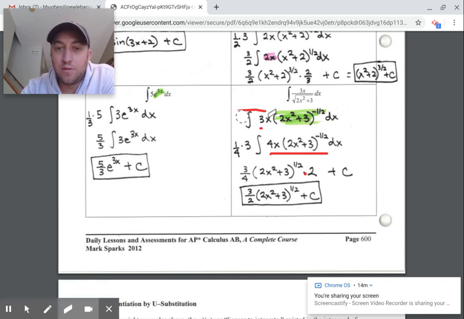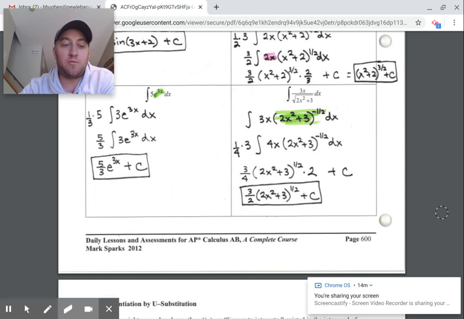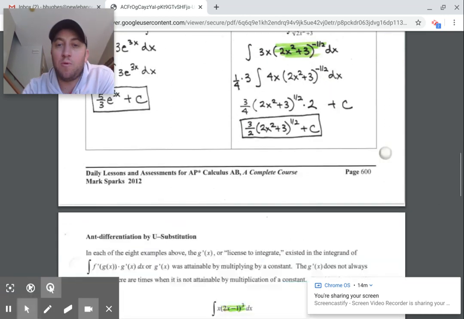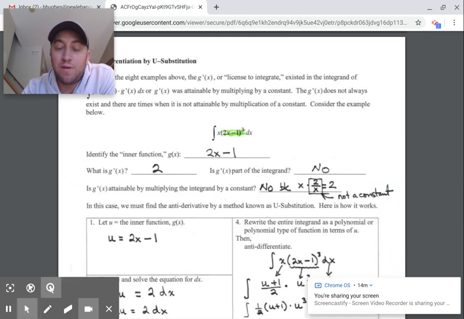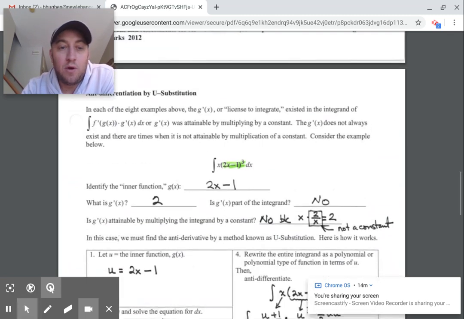All right. So there's 8 examples there of really where we can just go ahead and integrate. We had a couple of problems where I had to do a little bit of work, so that way we had kind of that license to integrate. We had the derivative of the inner part of your function showing up in your integrand as well, which then we can go ahead and just go from there. Now,